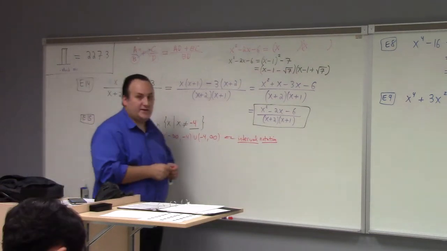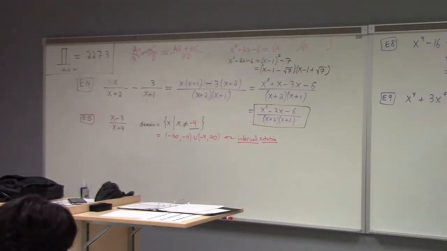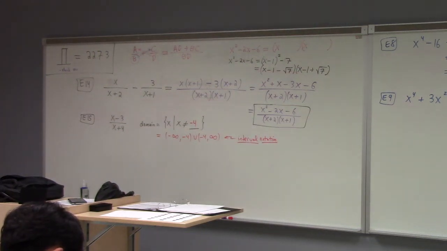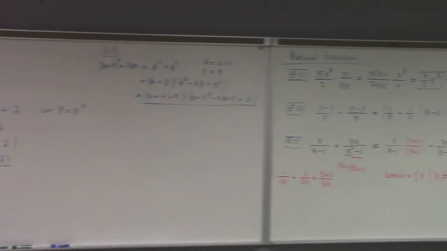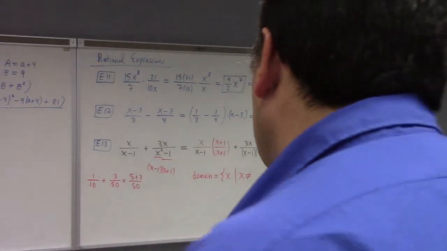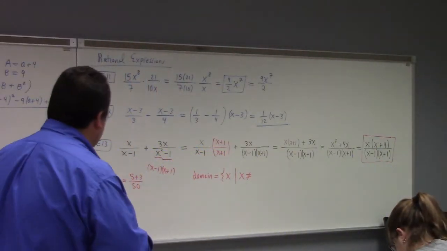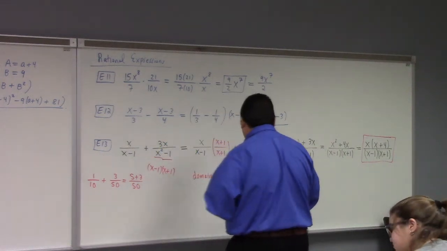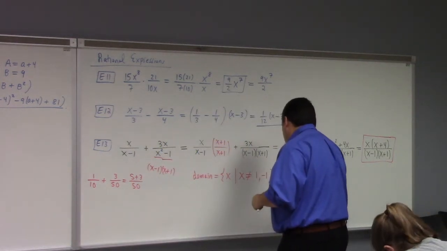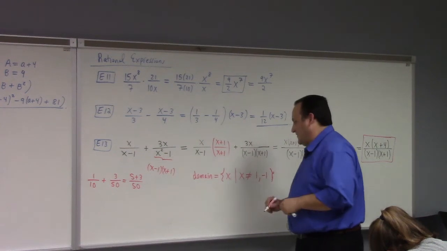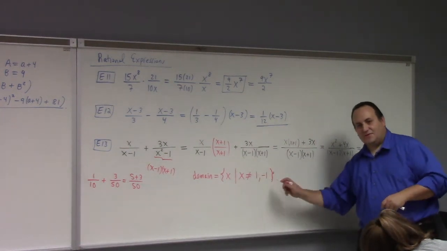Example 14 and 13. Why don't you guys tell me, what's the domain in example 13? I'll start us out. x such that x not equal to what? I heard a 1 and negative 1. What do you guys think? Do we have a winner? Are those the trouble spots here? 1 and negative 1? I think so. My curly brackets are not as curly as my curly brackets devolve the lower I get on the board, but